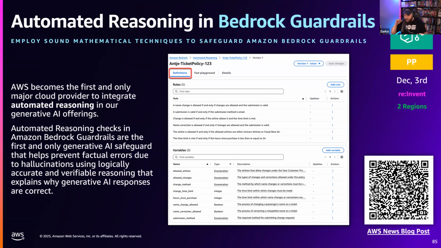So fantastic thing. If you want to make sure that the models running on Amazon Bedrock provide accurate factual data and prevent hallucinations, this is one of the ways to do it. Really cool thing. Public preview right now, only available in 2 regions, but definitely one of the things you should check out, specifically if you want to make sure that your model doesn't produce stuff it shouldn't.